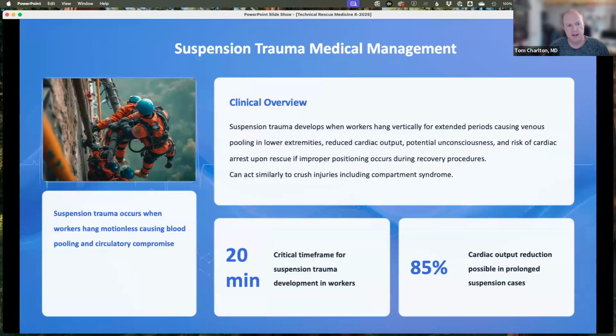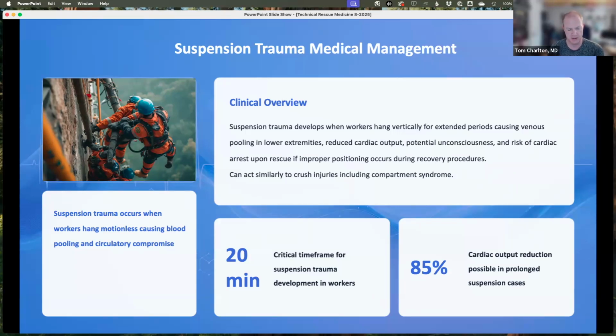Pivoting a little bit, let's talk quickly about suspension trauma. So suspension trauma is when we have someone who is in a harness, and that can be an industrial worker who's in a full body harness, or a climber who is in just a climbing harness, etc. What happens is these folks will lose their footing and essentially be suspended from their harness itself. The act of being suspended by these harnesses, yes, does save them, but if there is no way to quickly lower them to the ground or to get them back on their feet,